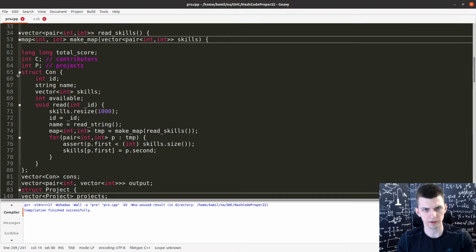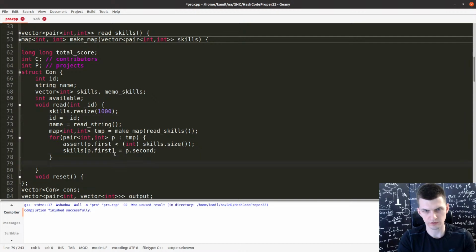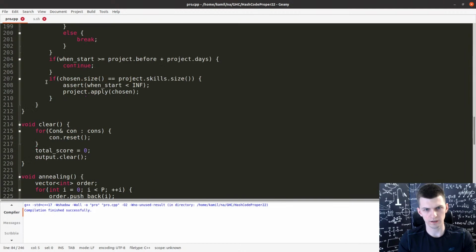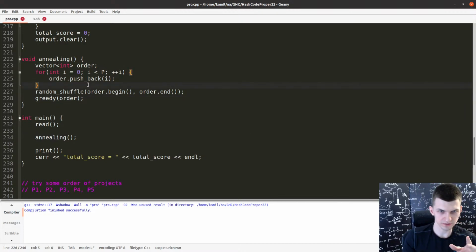And now in a person, reset, assuming that we have something like memo skills, which at some point we should remember memo skills is skills. Okay, done. Now I believe that we can multiple times do something, but that's not the point.